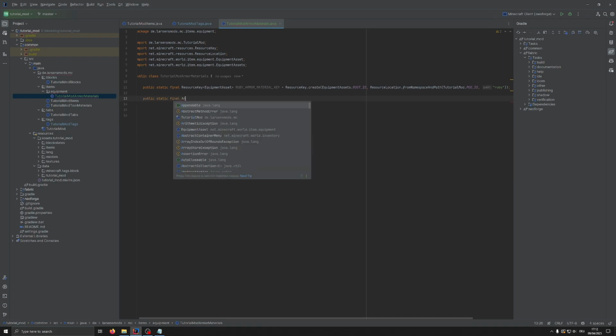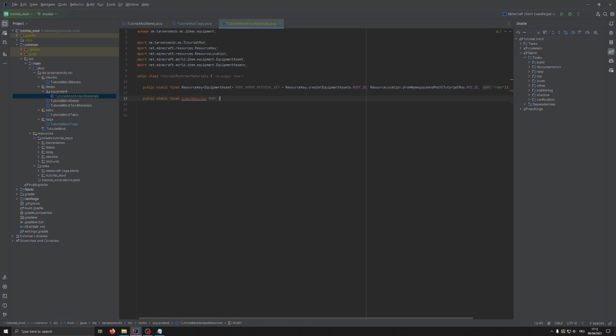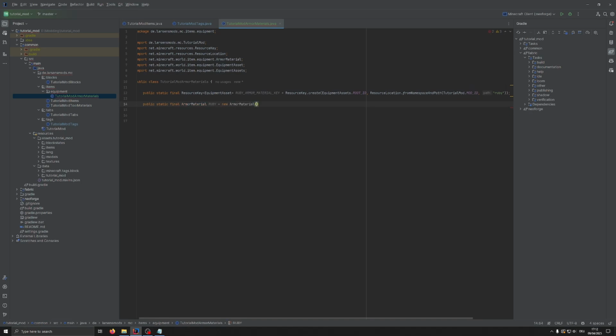Public static final ArmorMaterial RUBY equals new ArmorMaterial. And now this armor material needs a bunch of parameters. And the first one of this is the durability. Now, I put in here 24, and you may think 24, that seems pretty low, but you need to understand the difference between armor and tools,